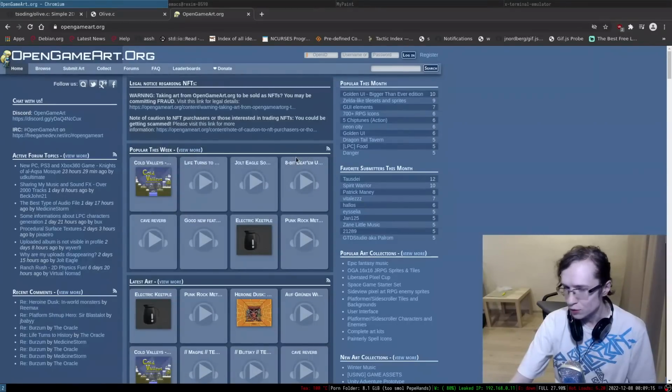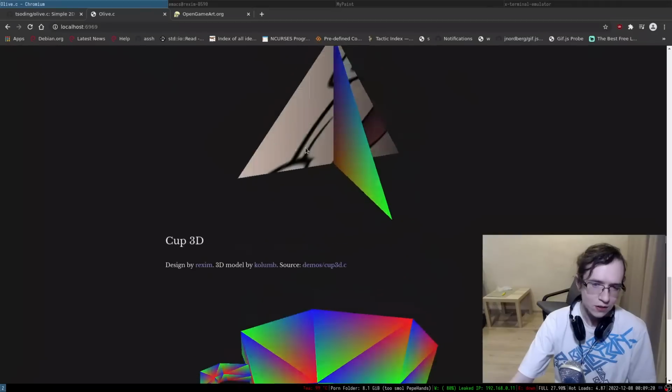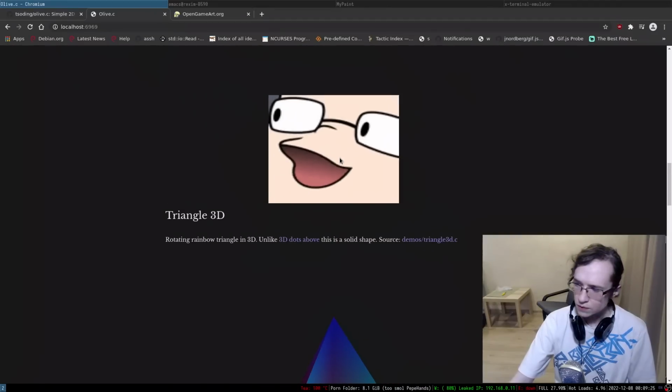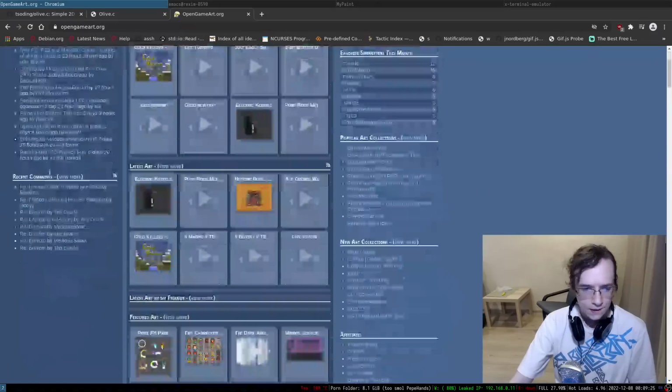Is it much slower? Looks slower. I don't think it's much, but it is slower. Hard to tell, actually. Anyway,